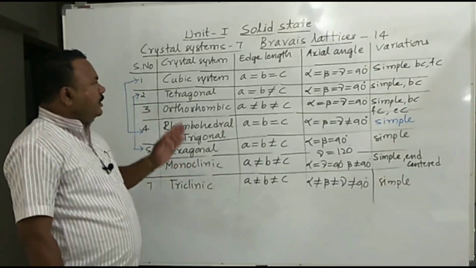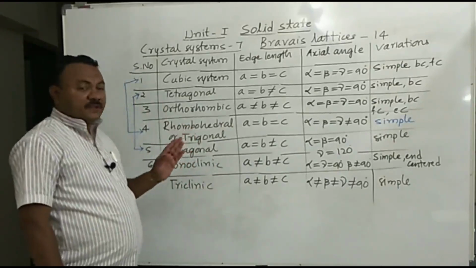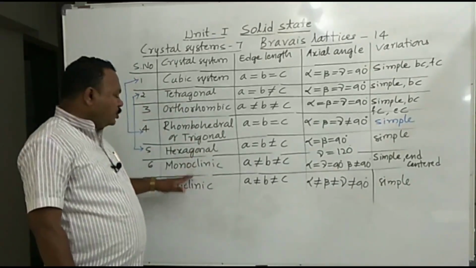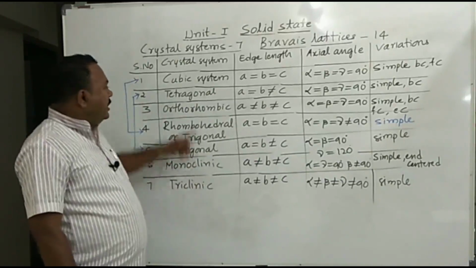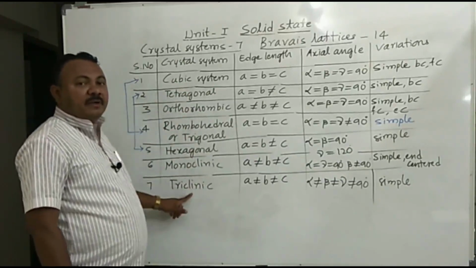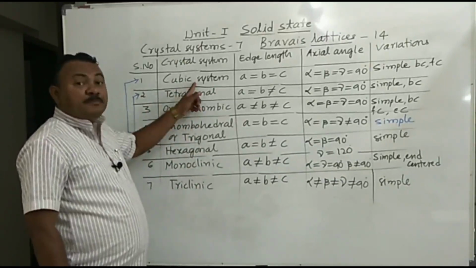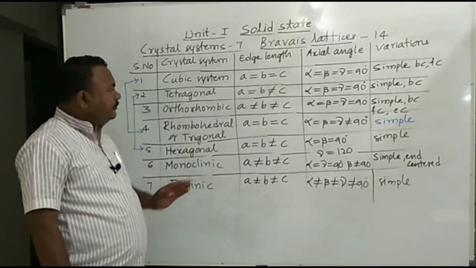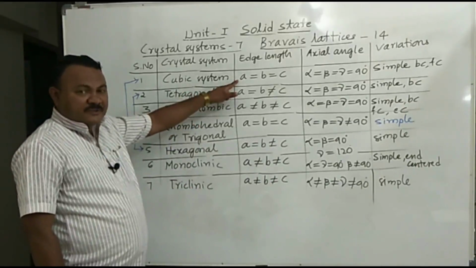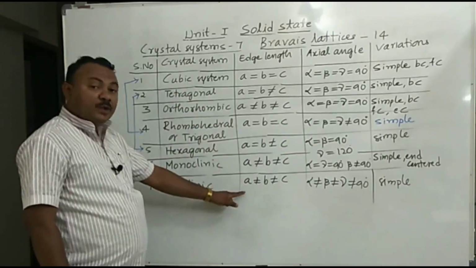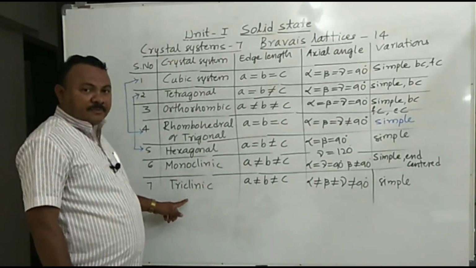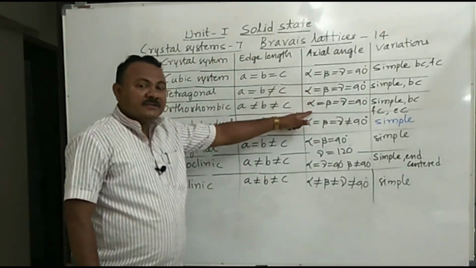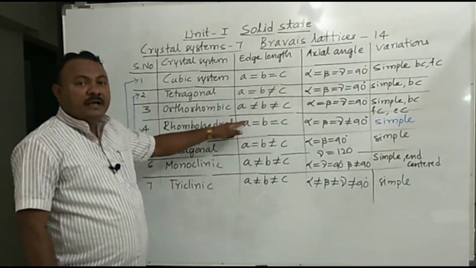Okay. We learnt 7 types of crystal systems: cubic, tetragonal, orthorhombic, rhombohedral, hexagonal, monoclinic and triclinic. It is very easy to remember. If I remember the cubic system, the last one can be remembered very easily. The cubic system is the most symmetrical system. The triclinic system is the most unsymmetrical system. You see, all the parameters are equal in the cubic system and none of the parameters are equal in the triclinic system. From cubic to orthorhombic, I told you, keep the axial angle relation same, just go on cancelling one edge length.